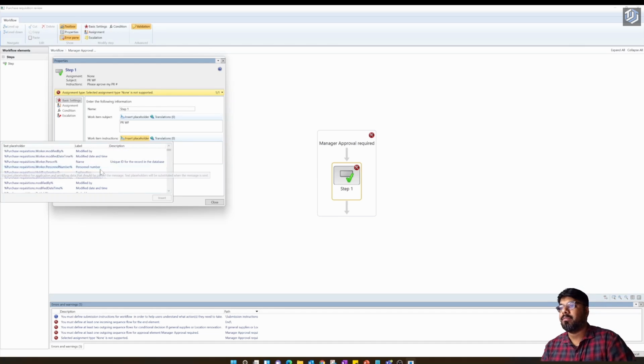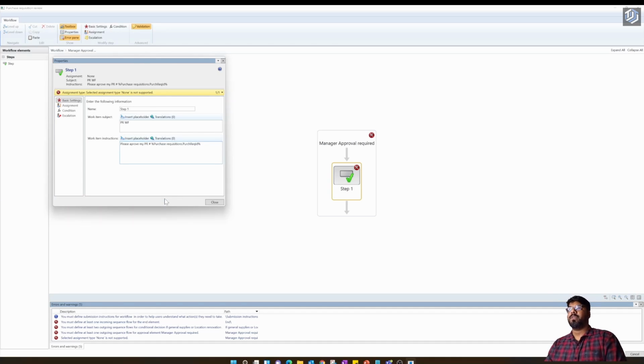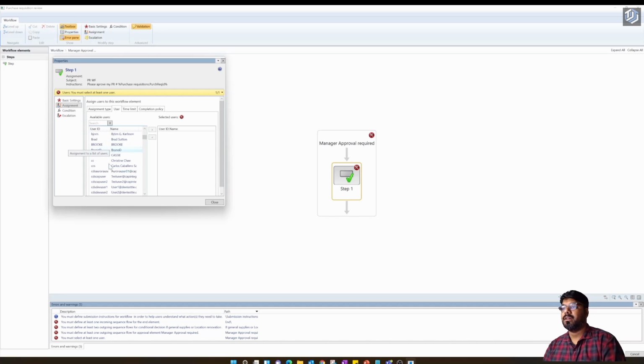Like last time we used purch ID, this time we need to use the purchase requisition number. Let's find the relevant field, which is this one, purchase requisition dot purchase requisition ID, and insert it. And now I'm going to use user,